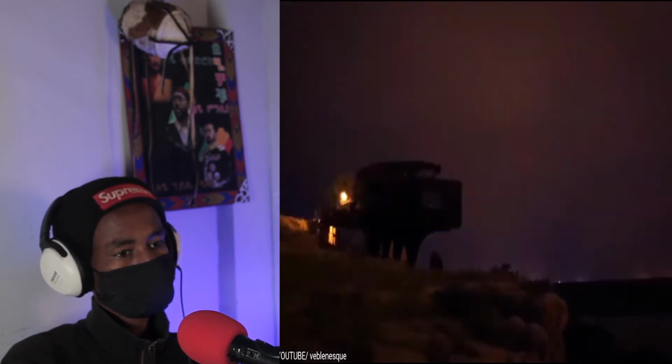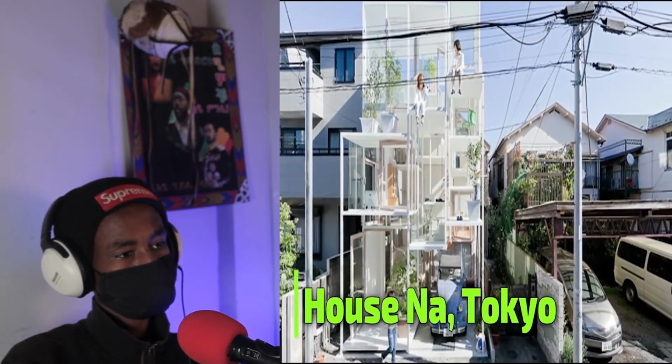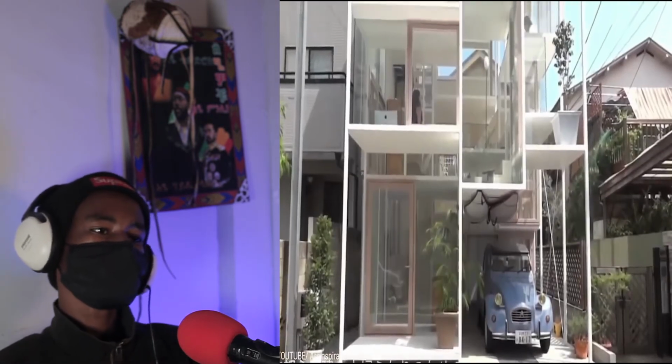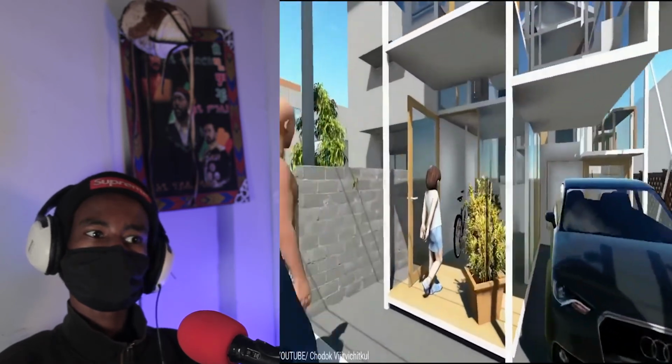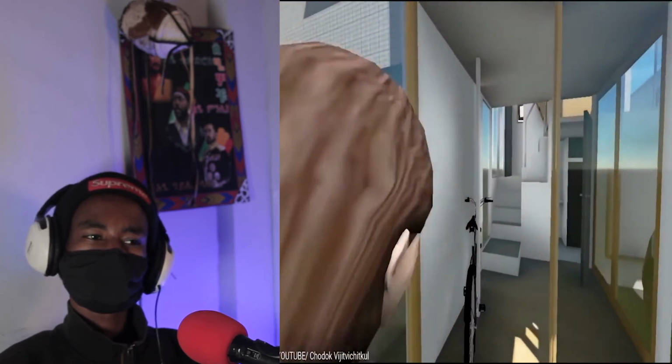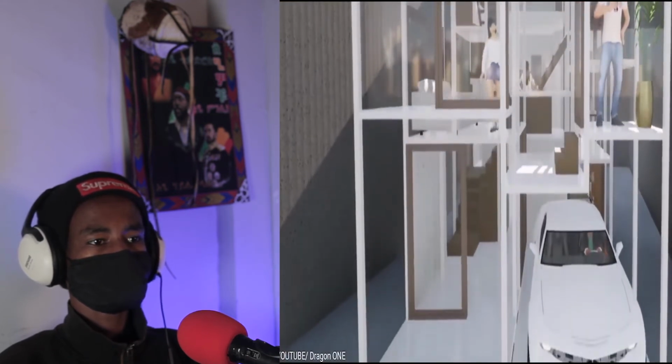Number 10. House NA, Tokyo. If you're a fan of having natural daylight in your house, this is the house for you. It's completely transparent, allowing a lot of sunlight but little privacy. The transparent house, as it is fondly called, is a house inspired by our ancestors who lived in trees and was designed by Fujimoto